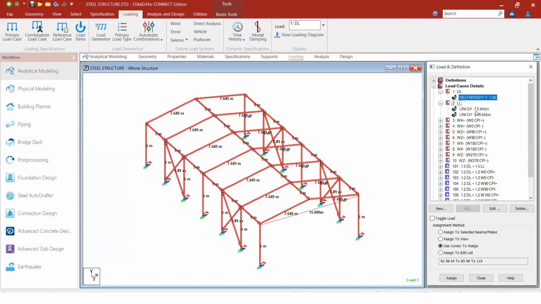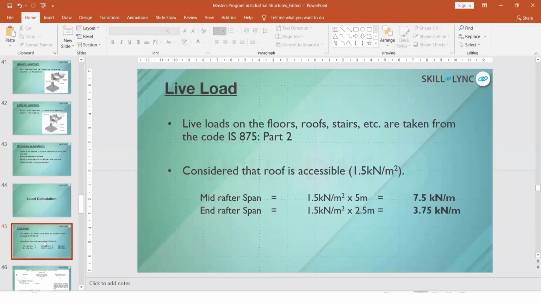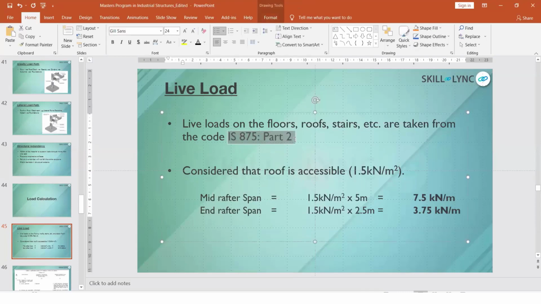Okay, so how have we come up with this live load? Now I'm sharing it in the PPT. If you see, this is the live load calculation. In live load, as I said, you have to refer to IS 875 part 2, depending upon the industrial building. And if you have any mezzanine floor or industrial equipment occupied in that, then you have to provide that flooring load.